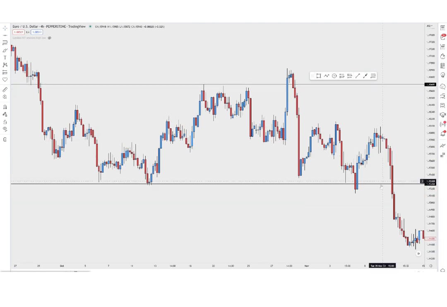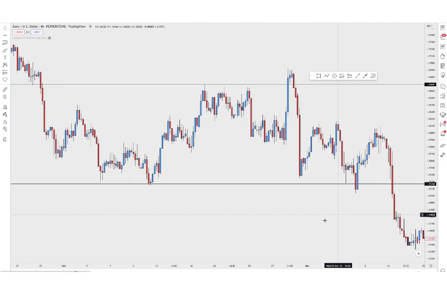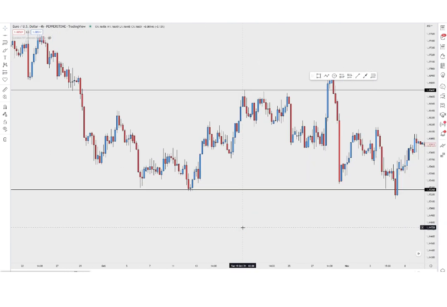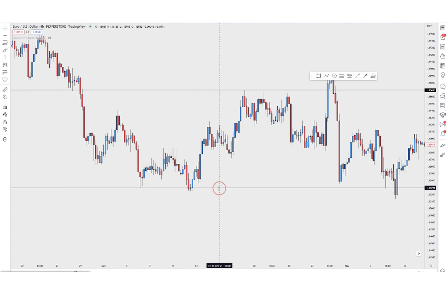And guys, really, the name of each one doesn't matter a whole lot. What matters is that it's going to be a level that you use to draw zones or use as structure. So now that we have those areas, the next thing we're going to do is drag the horizontal